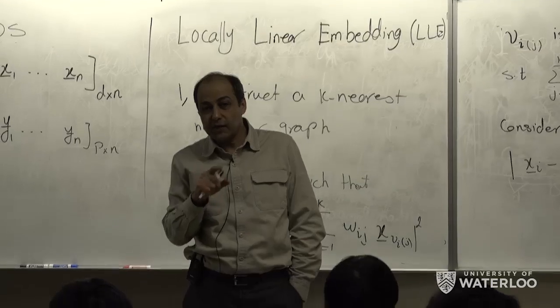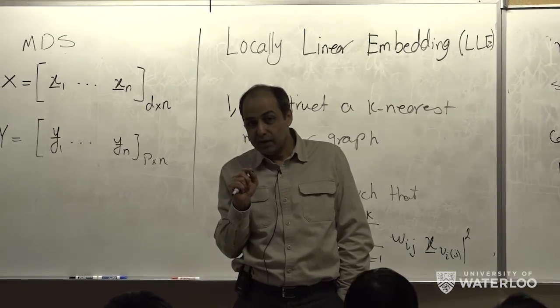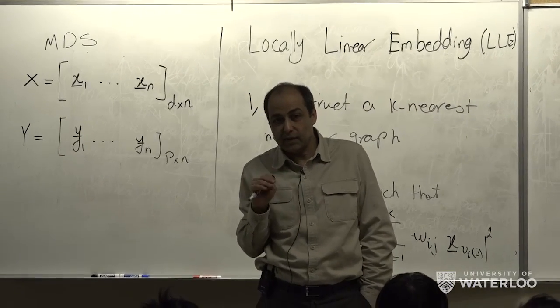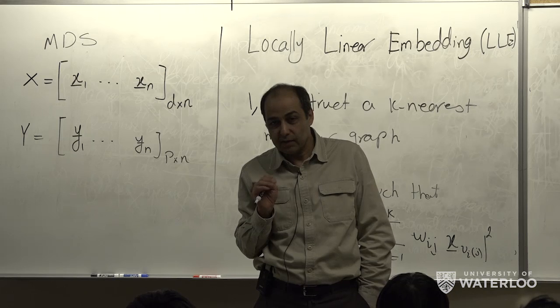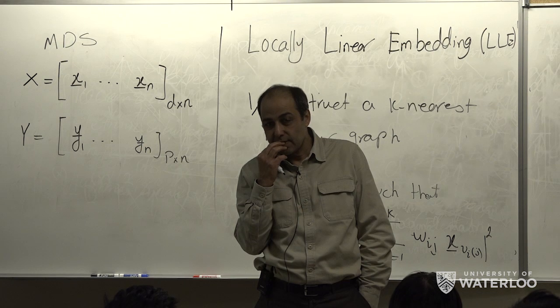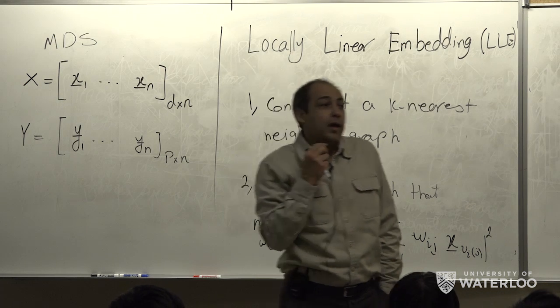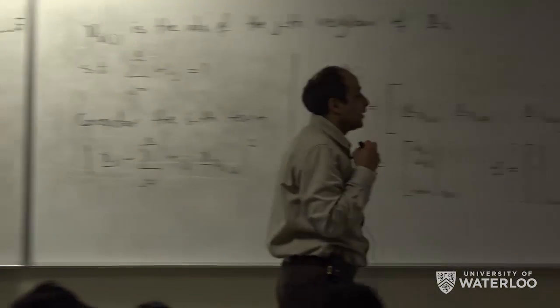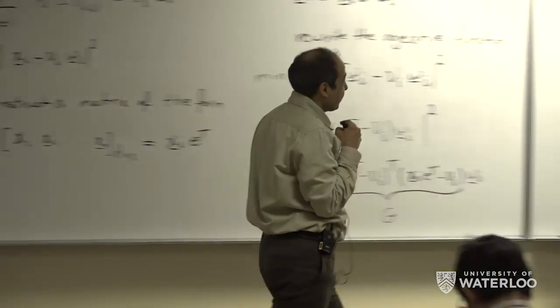But if K is larger than D, then definitely this matrix is not invertible, right? So does that mean this method is not really suitable if you have too few data points? This means that this method,